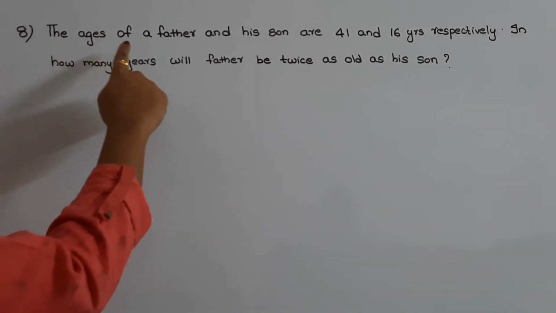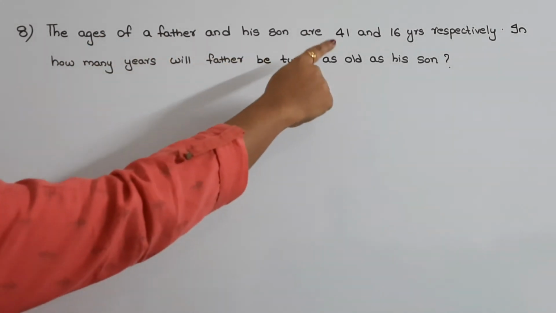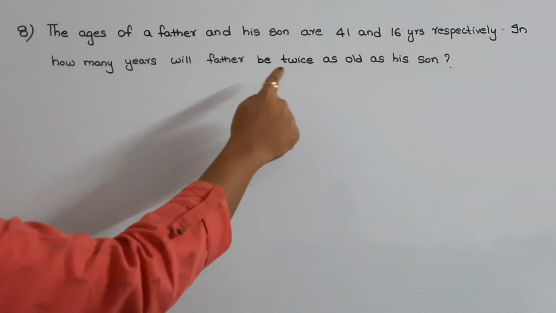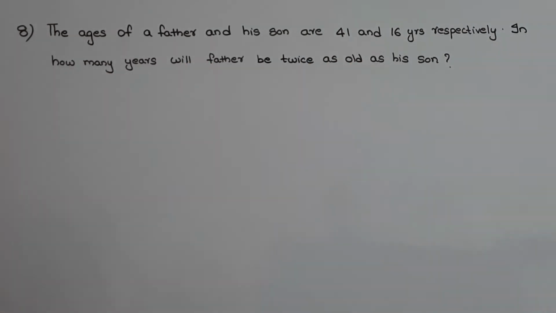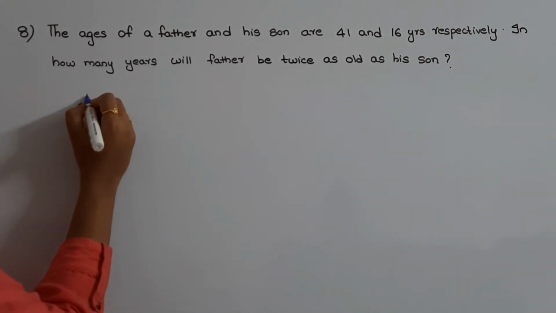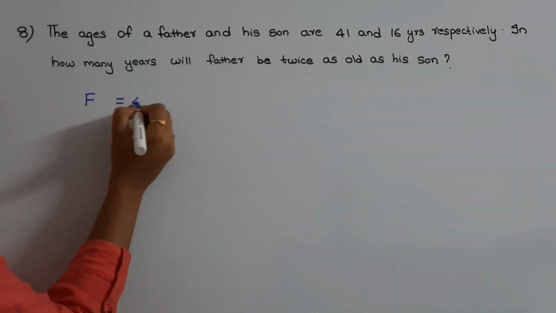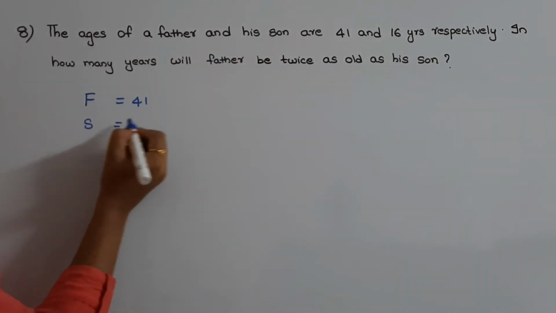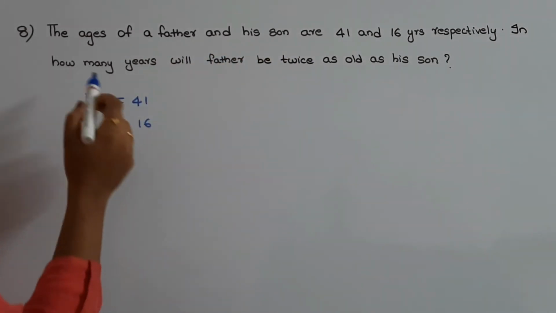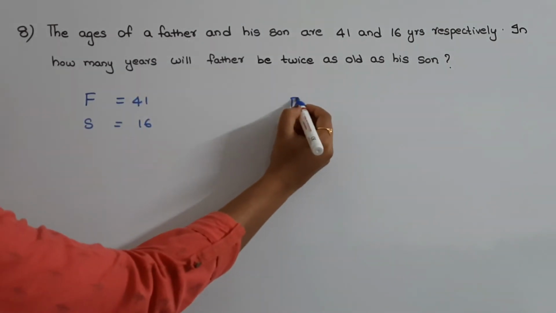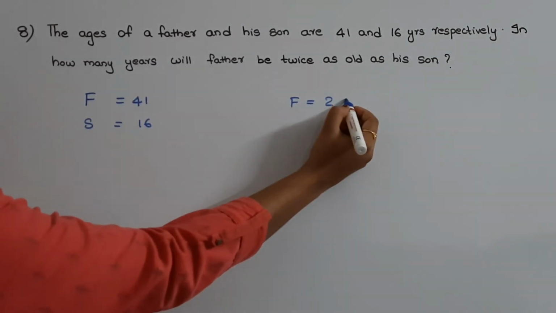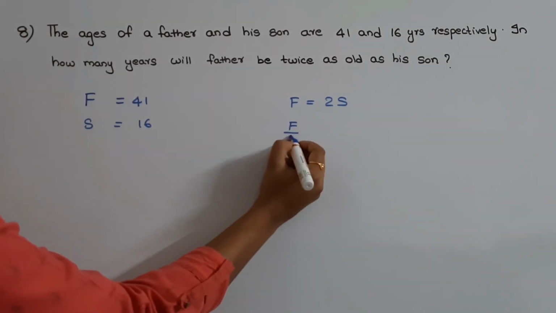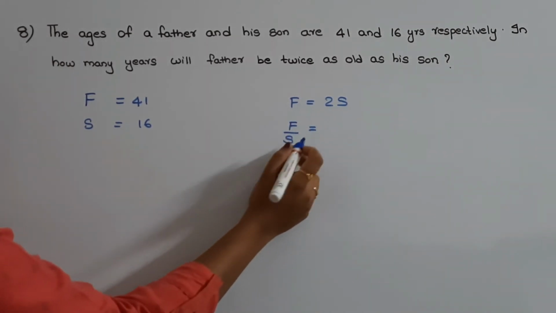8th question is, the ages of a father and his son are 41 and 16 years respectively. In how many years will father be twice as old as his son? So, in this question they have given the present age of father as 41 years and the present age of the son as 16 years. So, they are asking in how many years father will be twice as old as his son, or they are asking in how many years the ratio of the father's age to that of the son's age would be